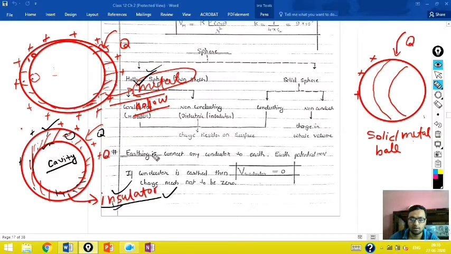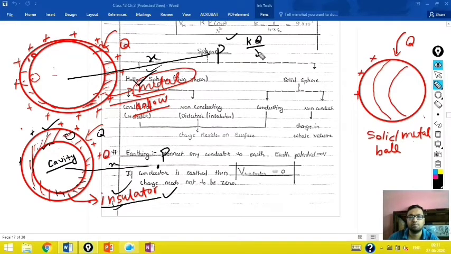Okay, if someone asks you that suppose you have a point P at a distance x from its center, and here also you have a point P which has the same distance x from its center, then it may be asked what the electric field at this point is. You will say kq upon r square. And if it is asked what the electric field in this case is, you will say again E equal to kq upon r square. Means the properties of charges will not vary.